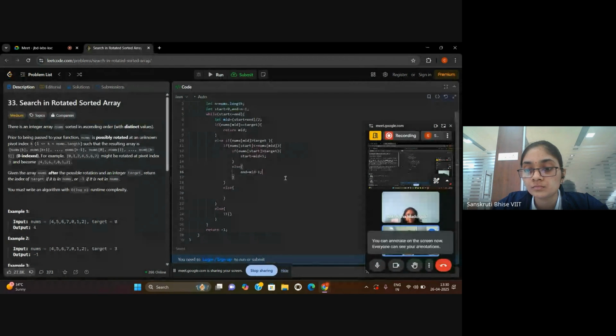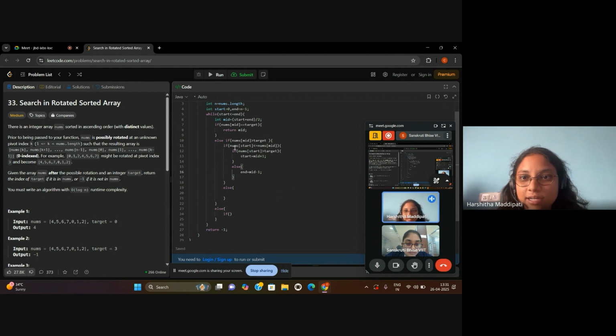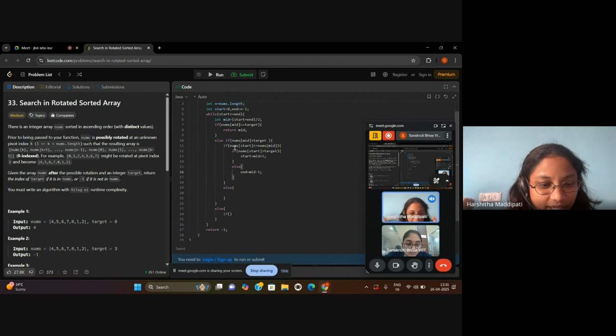So I was telling you that we don't have any need to write the condition checking if nums of mid is greater than target or not, because it's not a regular sorted array. So you can ignore that part. You can start with: if nums of start is less than or equal to nums of mid, that means we have a sub array, and we are checking if the target is fitting into that array or not.